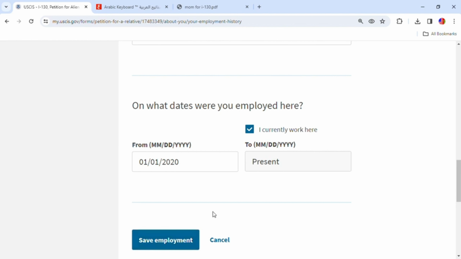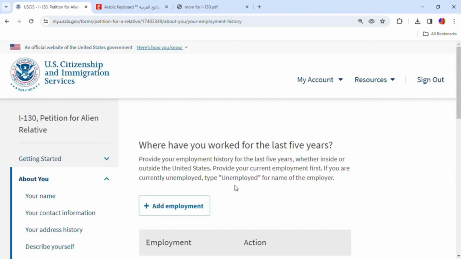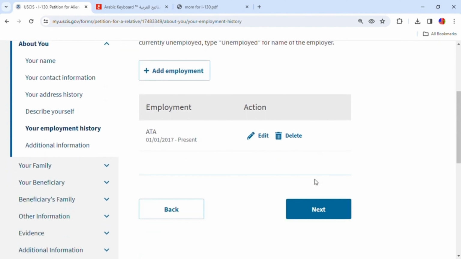To save time, I'm not going to add another employment. So I'm going to do it right here from 2017 to present. So I have 5 years right here. I just don't want to waste time adding another employment. So save employment. So next,